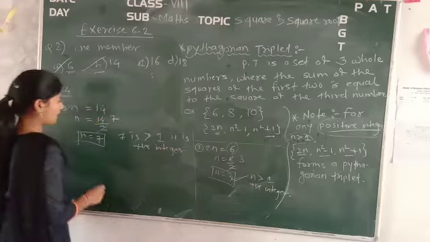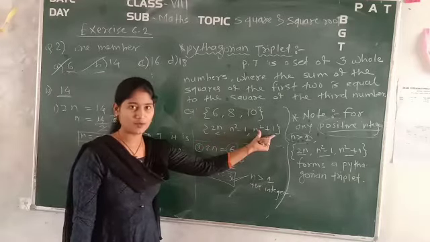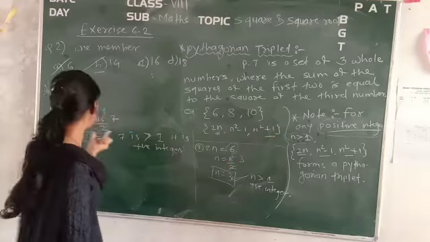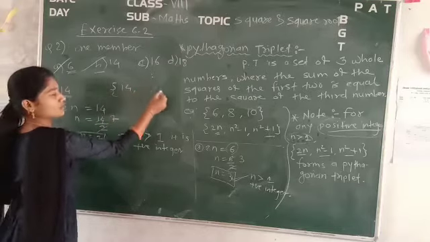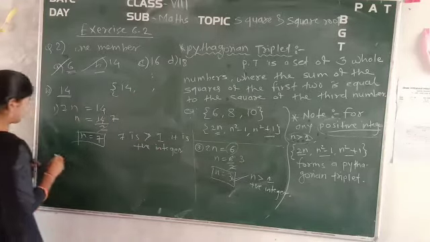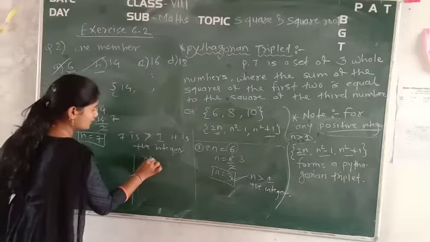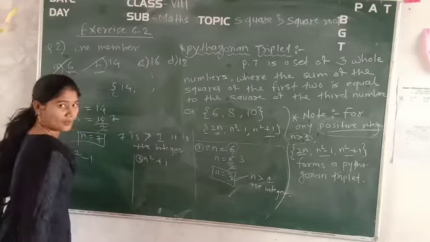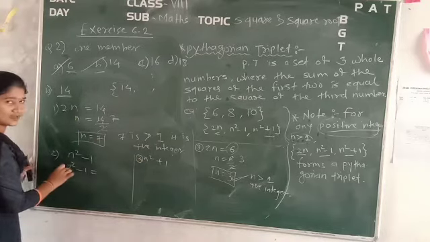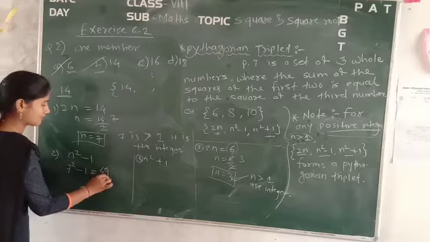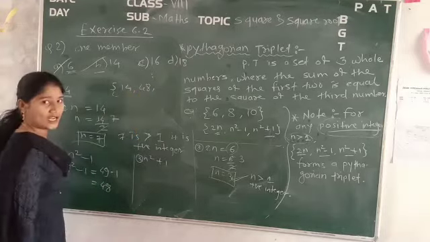Okay. Now once you have found 7, find the value of the remaining two members. Your first member 2n, how much did you get? 14. So write down the first member 14, comma, and the remaining two you have to find by putting n in the value of n square minus 1, and later in the value of n square plus 1 as the third member. Okay. So put n, what is n? 7. 7 square minus 1, 7 7s are 49 minus 1. So it is equal to 48.